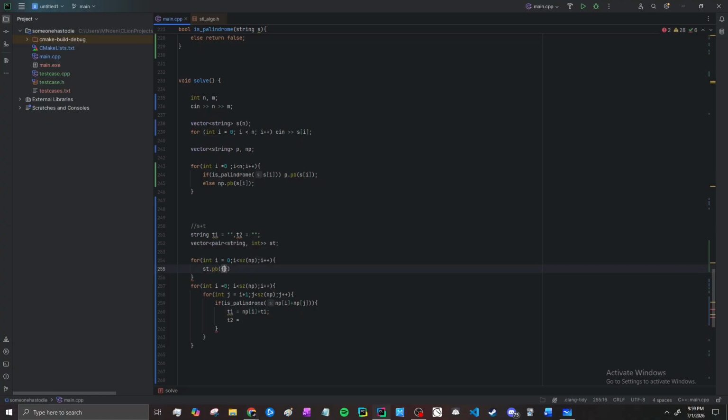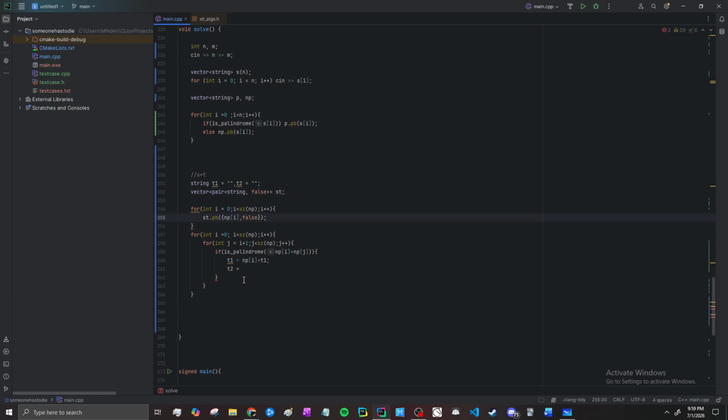What we can do is, okay, so string first, and then 0, or you can just put false to make things simpler. So what we can do here,